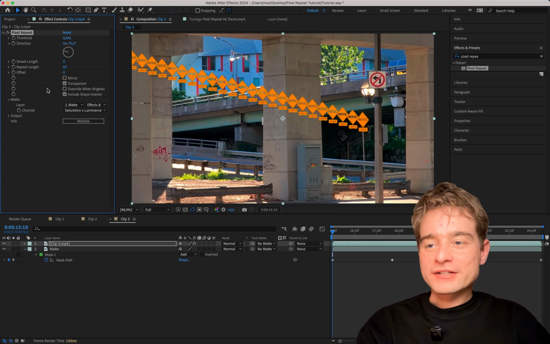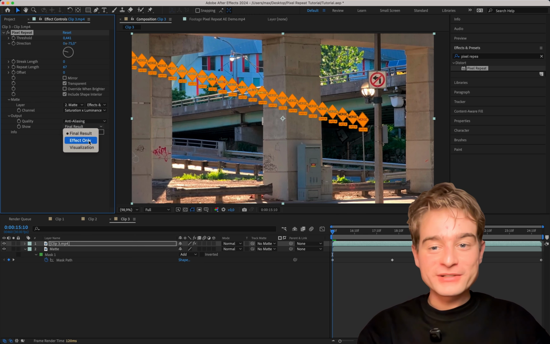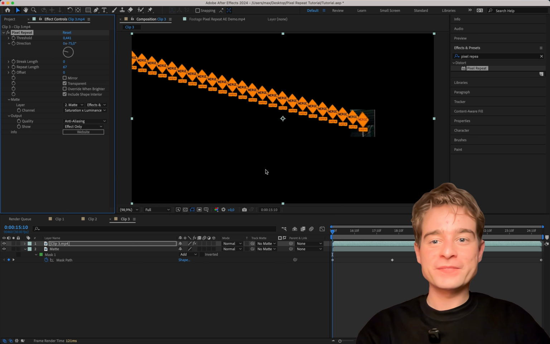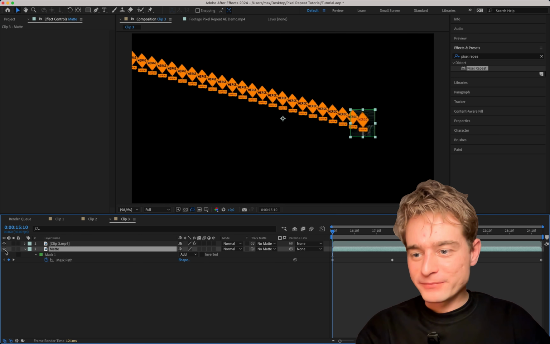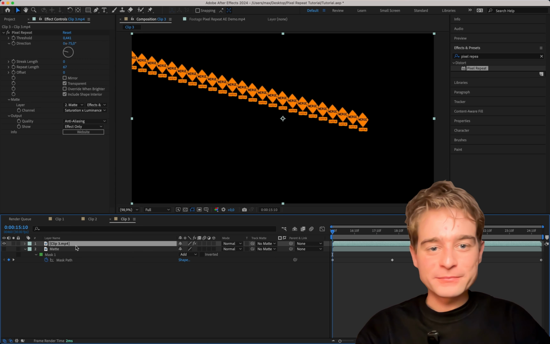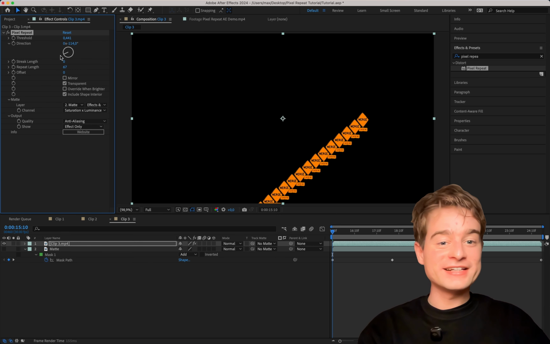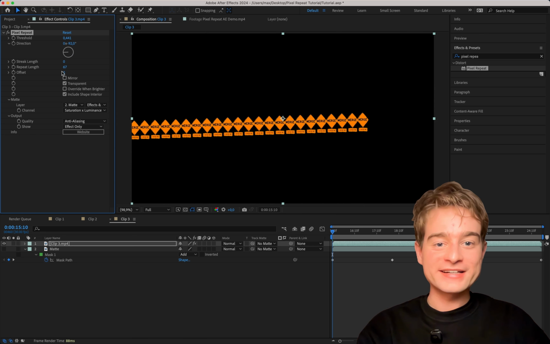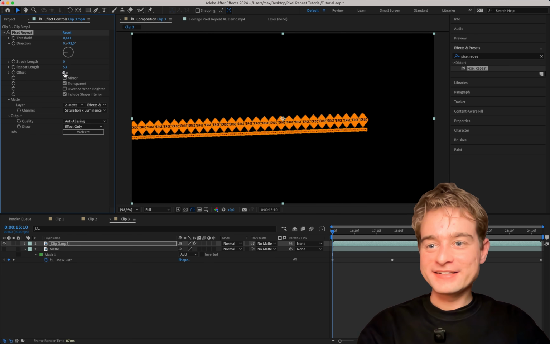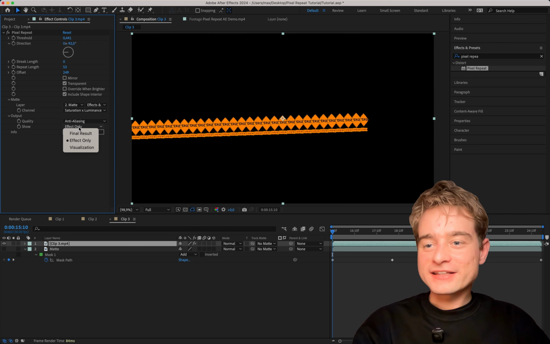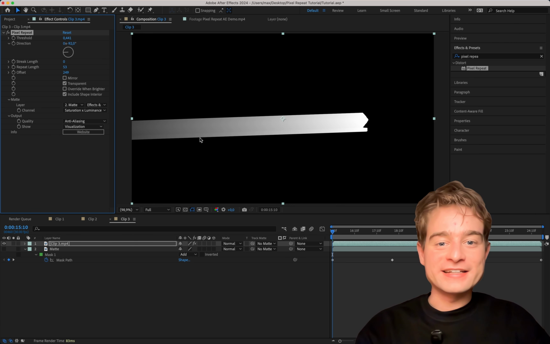And then, of course, in the output settings, we can go to show and there's also effect only, which could be interesting. Let me just try that first. While we're there, what you're seeing over here is the matte layer. So I'm going to disable the matte layer so that we're only seeing the pixel repeat. So you could use this for some interesting effects as well, isolating elements in your footage and then repeating them like this. And then if you set this show function to visualization, you get that gradient again that we saw earlier,